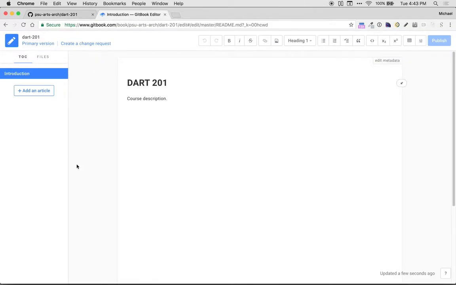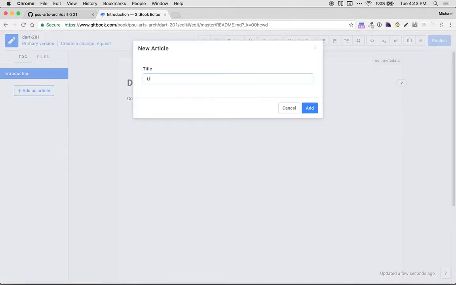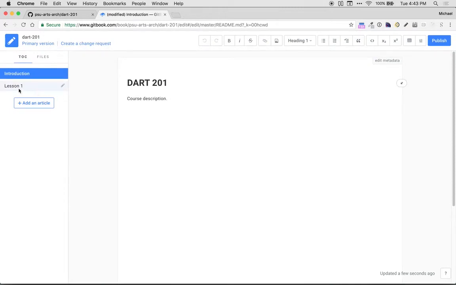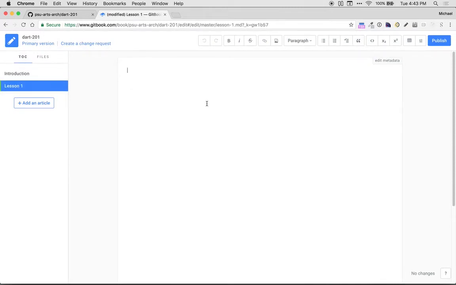If you want to add a file structure or a table of contents structure here, you can add an article, and I'll just call this, let's call it lesson 1. Click add. Okay, and I'm not going to add anything to this, but this structure, this table of contents will get remembered in a file called summary.markdown, and that doesn't get generated until you add one here. So let's again publish this,